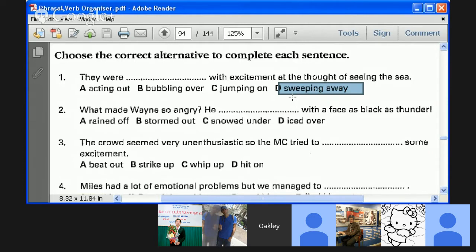By something. They were swept away. Maybe they were swept away with the excitement, but not sweeping away. It doesn't fit. If you get swept away, people get romantically swept away. All right, they get carried away. They get overly... It's actually close to bubbling over. They get overly emotive. They get obsessed with their own emotion. If you're swept away by the romance, okay. Get a little too emotional.